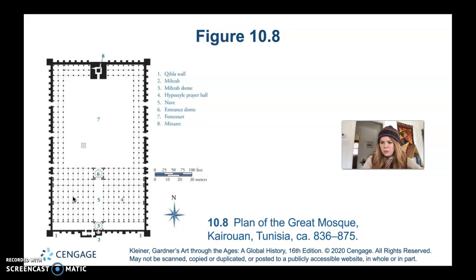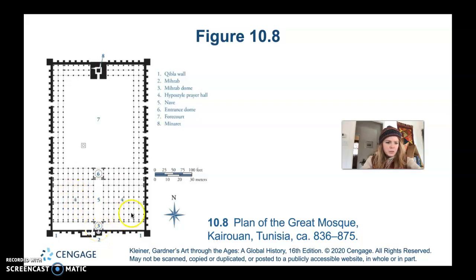And then the first dome is number 6, right here, where the entrance dome is over the entrance bay, and the second, number 3, is the Mihrab Dome, and it's over the bay that the Mihrab is located in, and the Mihrab is number 2, right here. And it's set into the Qibla wall, which is number 1. So this is the Qibla wall. This is the Mihrab here, the Mihrab Dome,